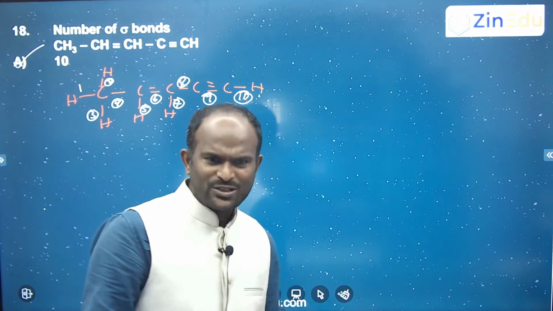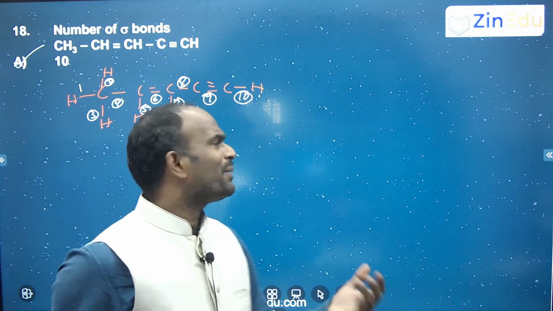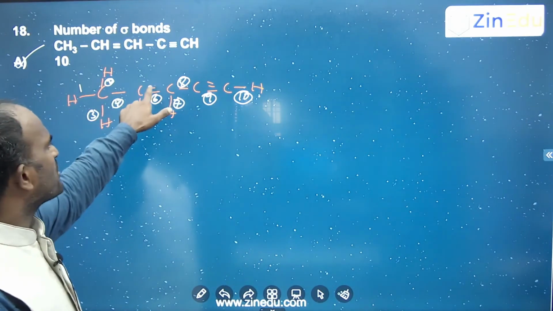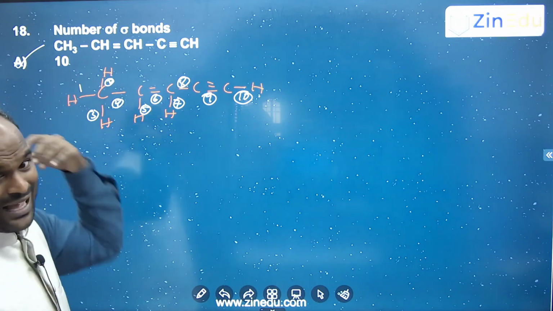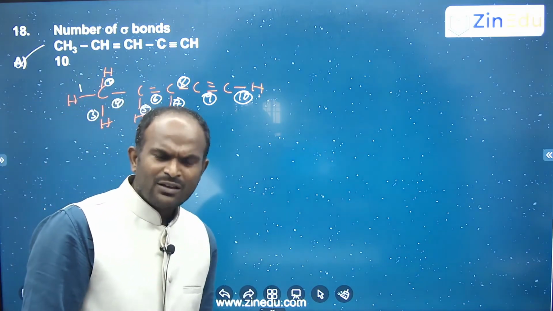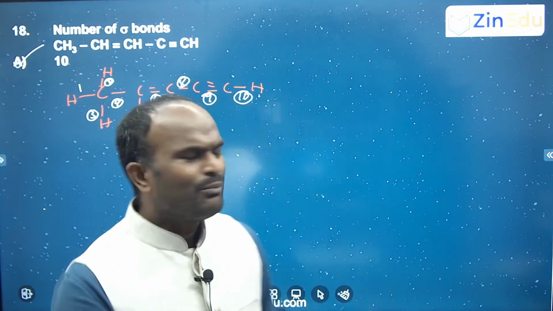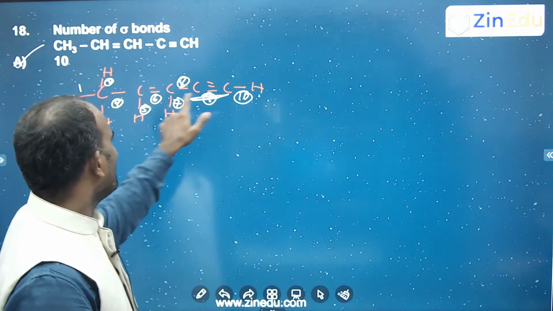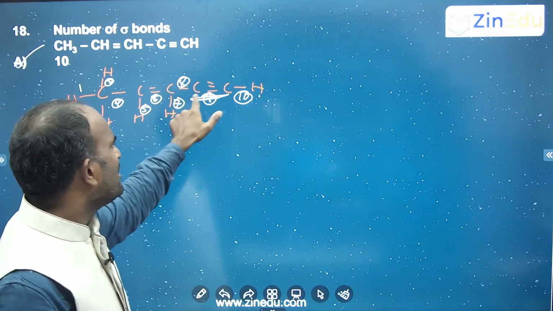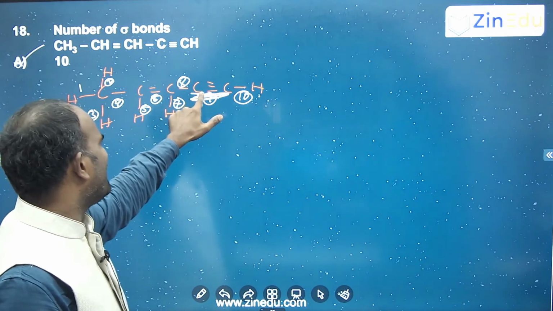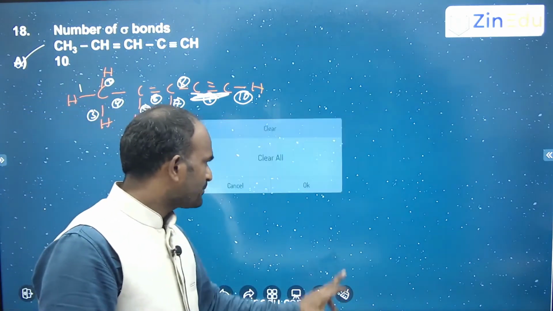We just write the structure and we can tell how many sigma bonds are there. If they ask about pi bonds, then we can tell that. How many pi bonds are there? This is 1 and these are 2. 3 pi bonds are there. Number of carbon atoms present on the plane, number of hydrogen atoms present on the plane, we can also easily tell, because this is anyway linear, and here this is of course not going to be linear, therefore these two carbons are definitely going to be present on one plane, right? Next.